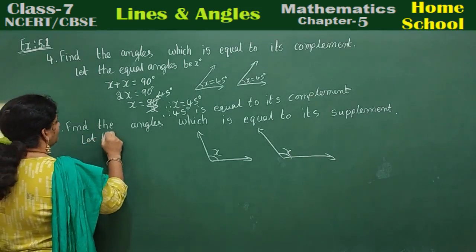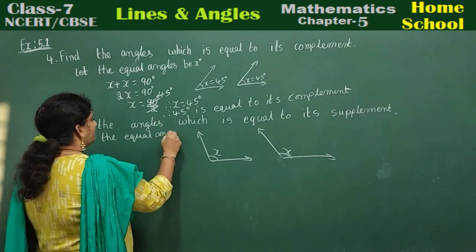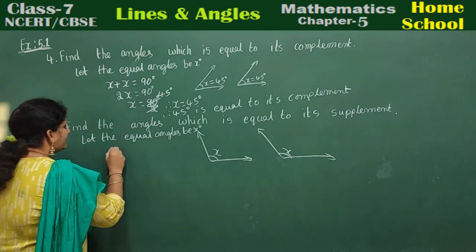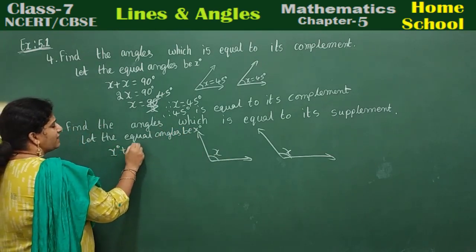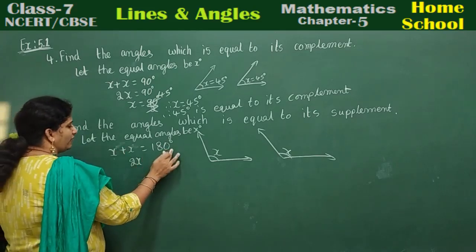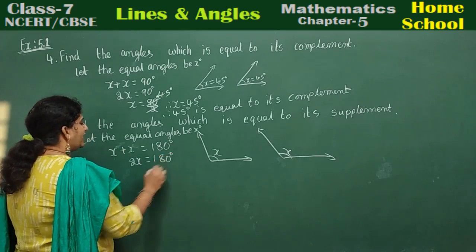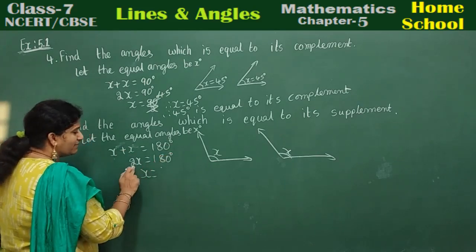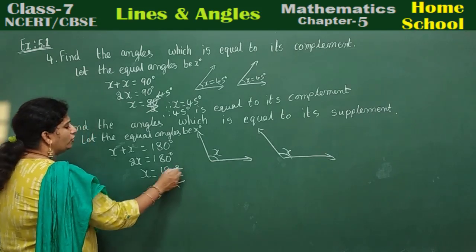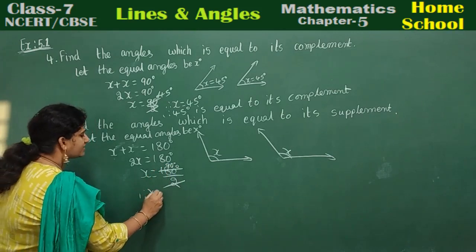Let the equal angles be x degrees. Now add this pair of angles. X plus x is equal to 180 degrees. X plus x will be 2x. 2x is equal to 180. X is equal to, 2 is a multiple, send to the other side. It will be divided. 2 90s you are going to get. Therefore, x is equal to